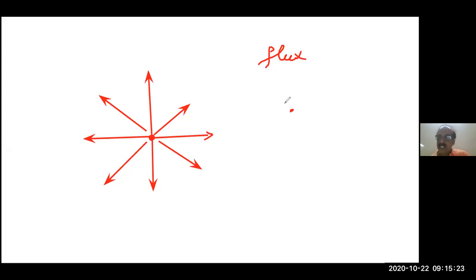Sir, if light is called light energy flux, that's a term we are using for that. So can you repeat again about flux? Then what is intensity, sir? Flux means that energy content around the body. So around any body, the energy that it emits is flux. That means if it is a particle, gravitational flux. If it is an electric charge, electric flux. If it's a magnet, magnetic flux.